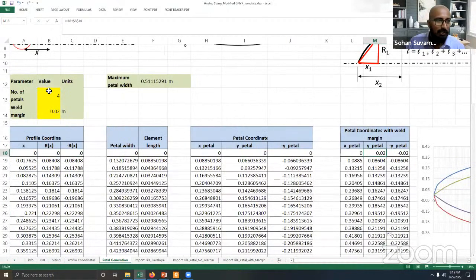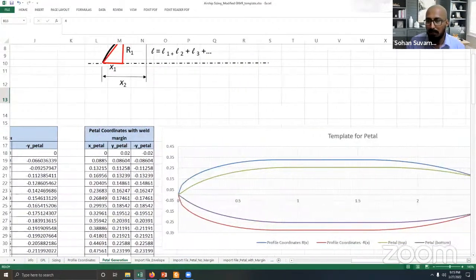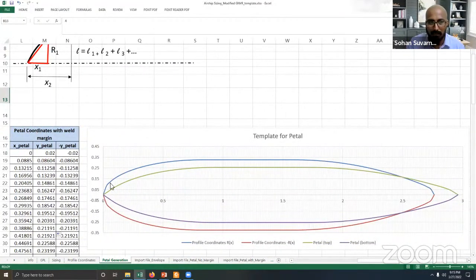So this number particularly, 4 is all right. You can go to 5 or even 6, maybe 8 if it's a very big airship. But yes, we considered 4, and this is the petal. This is the coordinate for the petal. Now this is very important, we will see the actual importance of this tomorrow when we talk about envelope